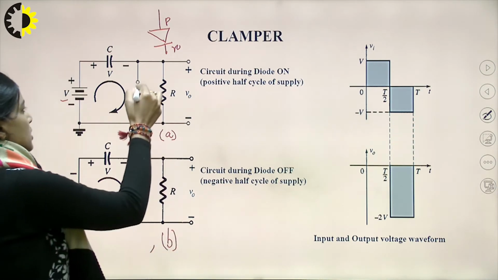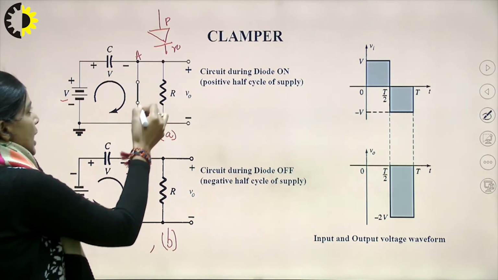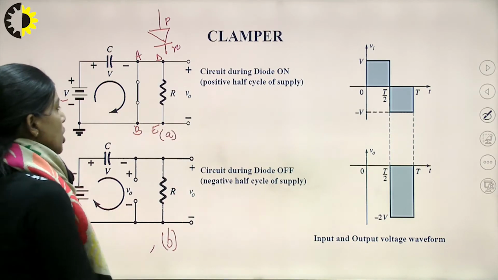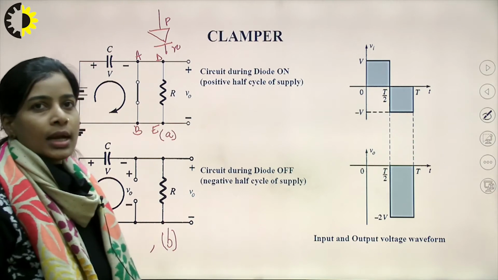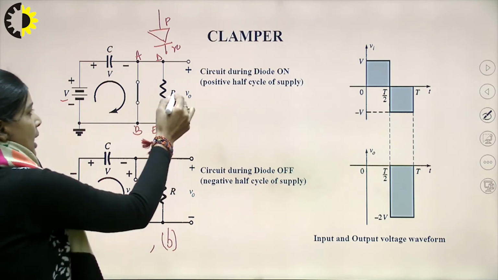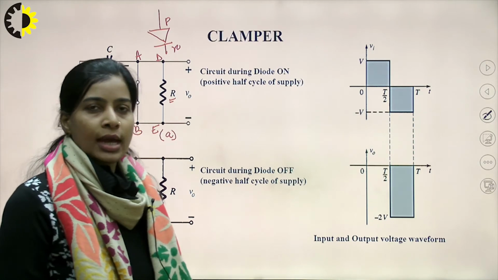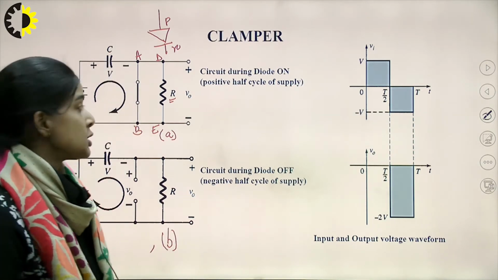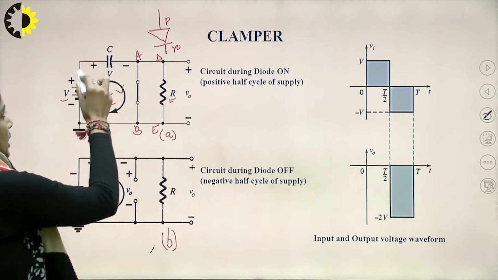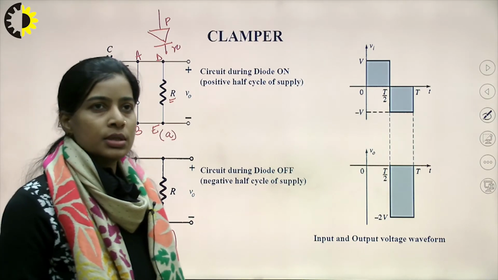So the diode is short circuited, meaning now this path A and B has less resistance than the path D and E, because we have considered that the diode is an ideal diode. Here we do not have any resistance, and here we have a resistance value of R. As we know that the current follows the low resistance path, so now the current will follow this path from V through the capacitance.